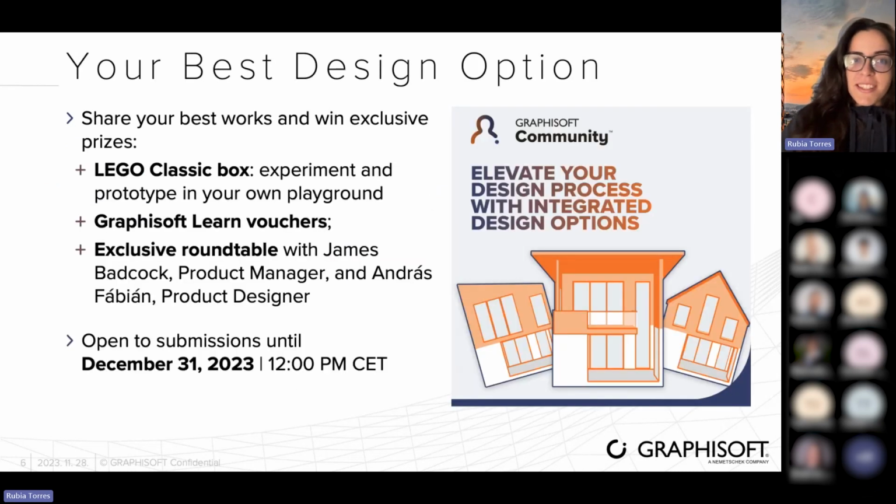And of course, the prizes are a good motivator as well. So we'll have a Lego Classic box. So the idea is that you can experiment at home with your design concepts. So really playful